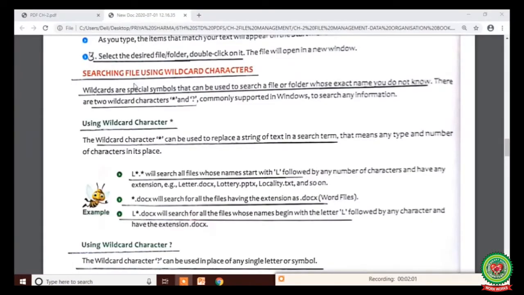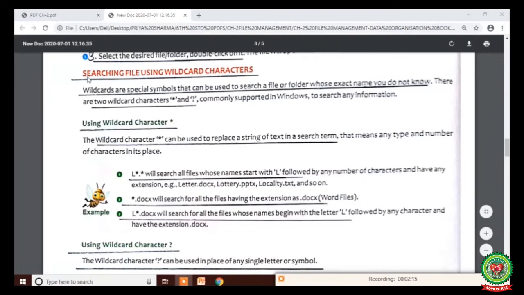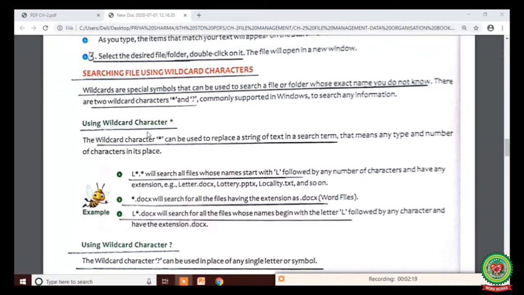Now look at your book at page number 18. Here you will see the next topic, searching file using wildcard characters, where we have already explained the term wildcards and also the term wildcard character asterisk. Now here we will see how can we find our files using asterisk sign.